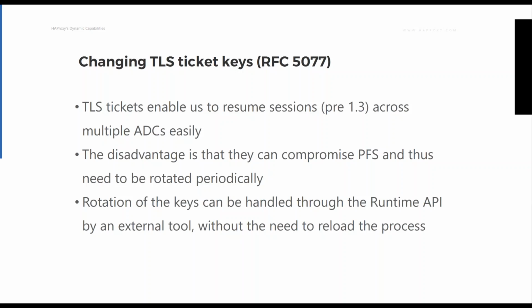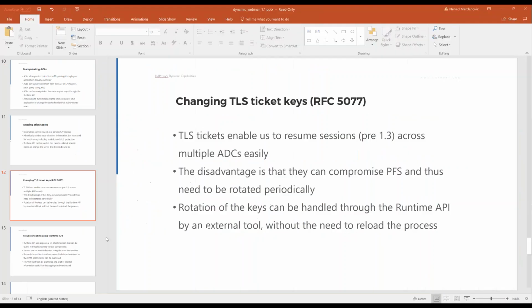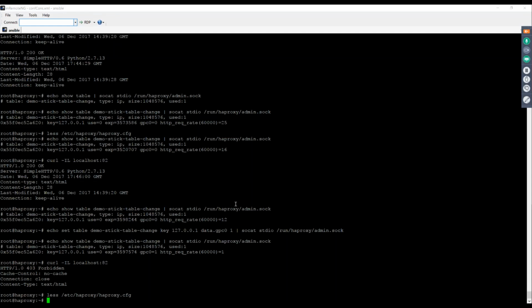Before this, once you rotated this key, you were supposed to reload your HAProxy process. But right now, this is not needed anymore, and you can rotate them through the Runtime API by simply echoing to set the TLS key to something. So to just quickly demonstrate this,